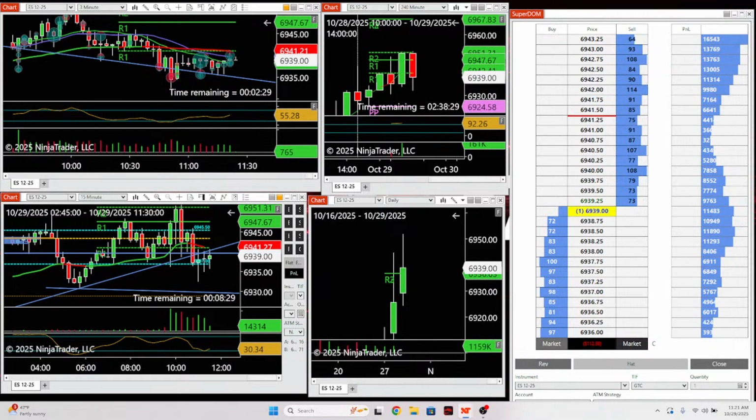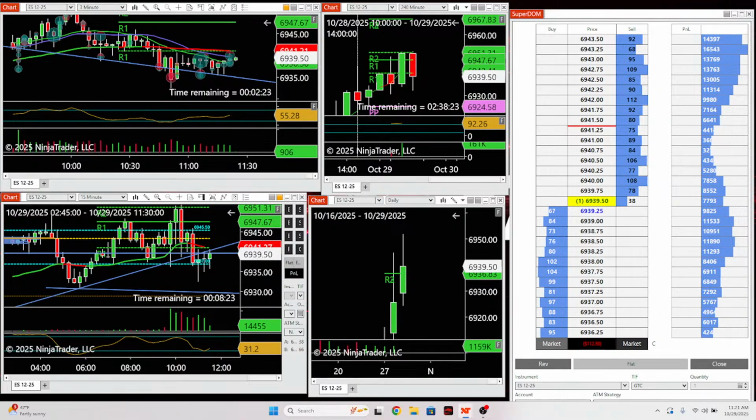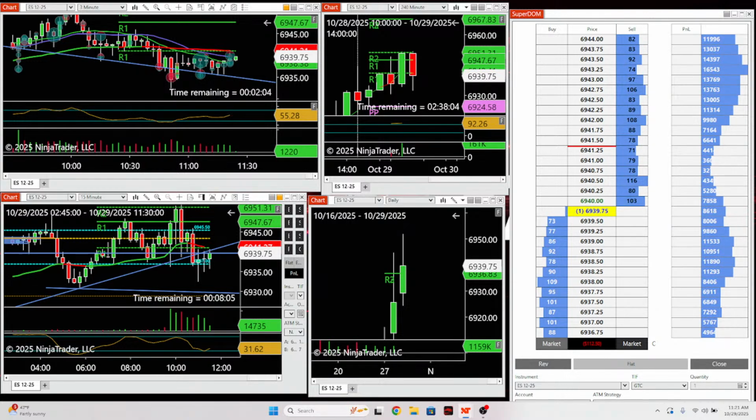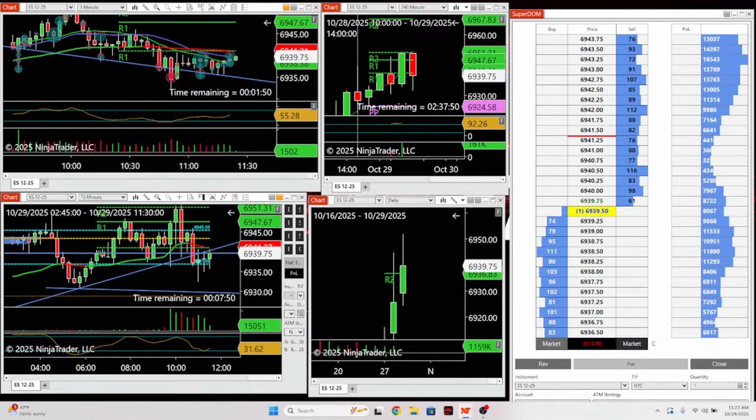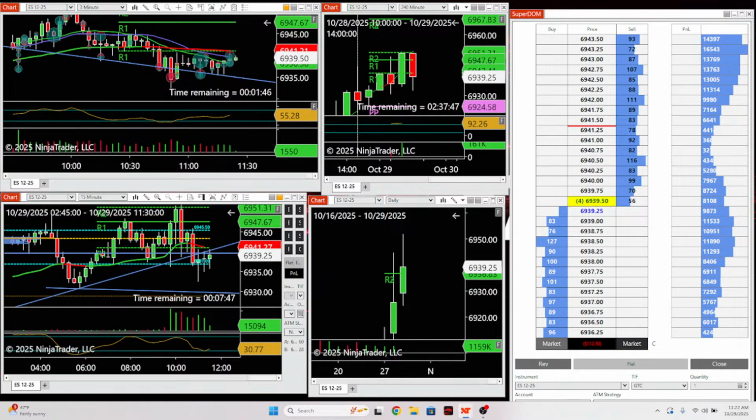Because look at this. We got this here. And right below we got this here. So there's no space. No space between the 40 and the 42, 41 and 42. It's just no space. May get some space to get to 44, back into this 43, 50, 44 area. But not my trade.